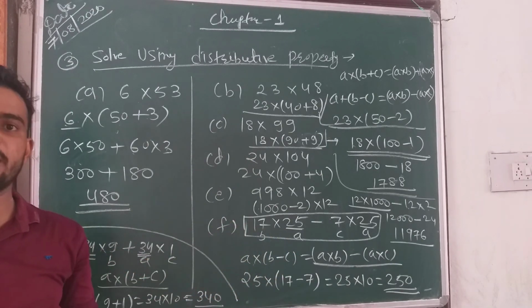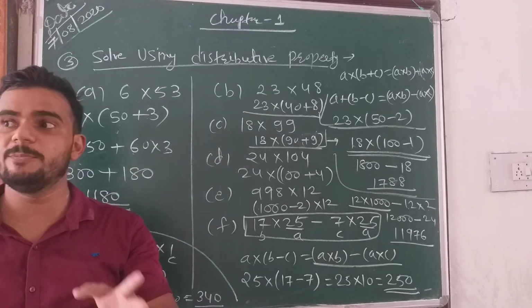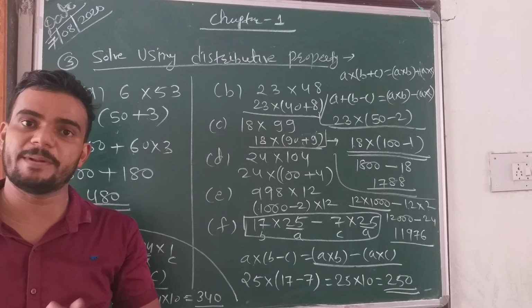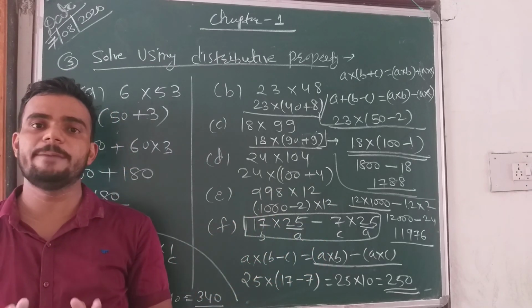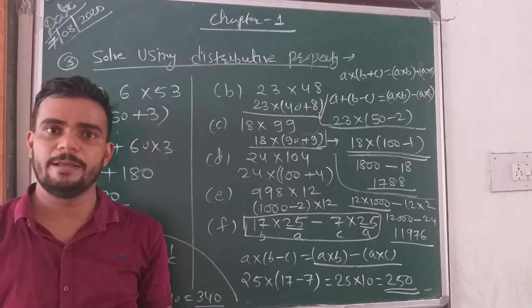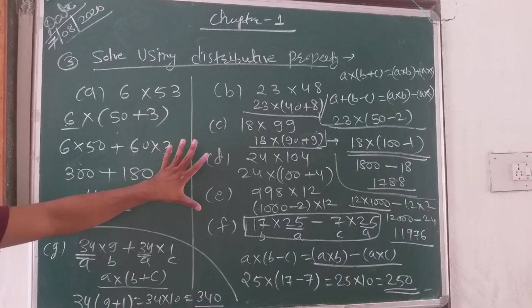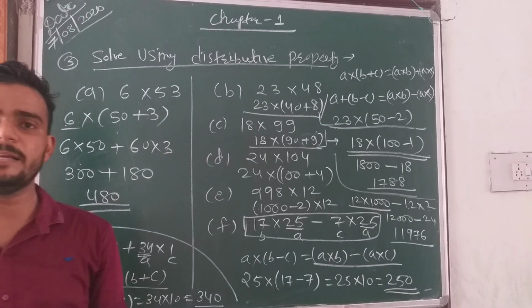I think you understand all of this. The distributive property is very important, and the distributive property is valid for both addition and subtraction. So just try to solve the questions once again, and if you have any doubt, you can directly ask. I think you understood whatever I taught today. Just try to solve, take a screenshot and write in your notebook. If you feel any difficulty, you can ask.